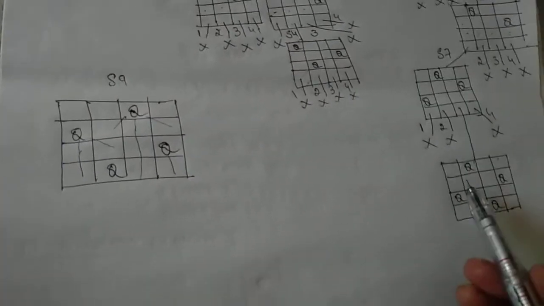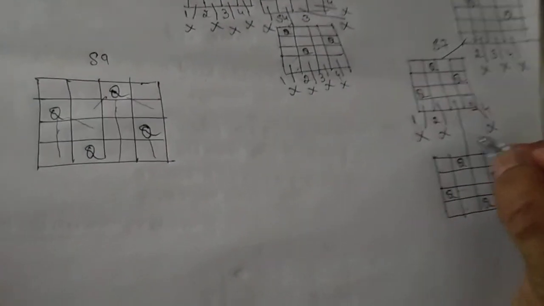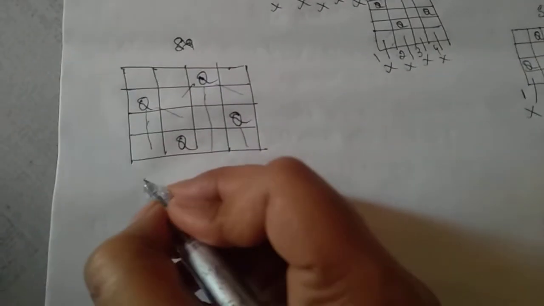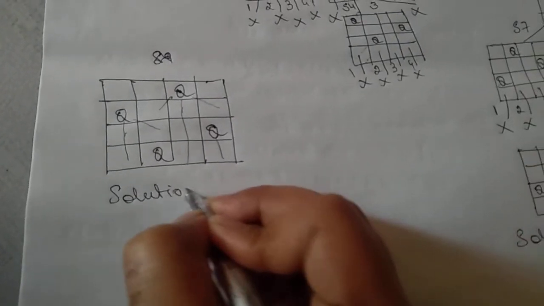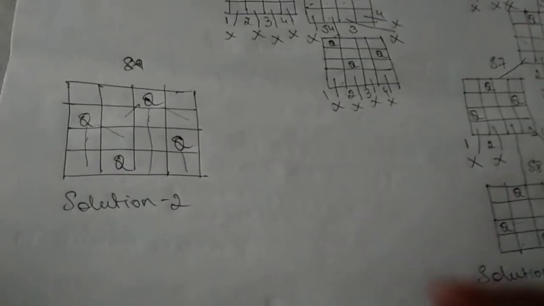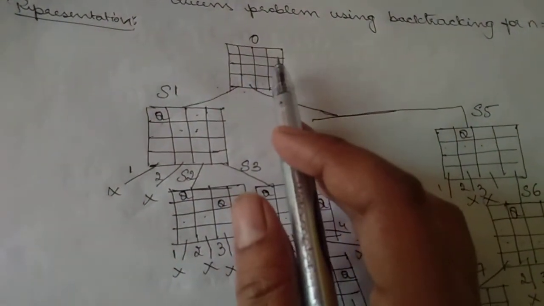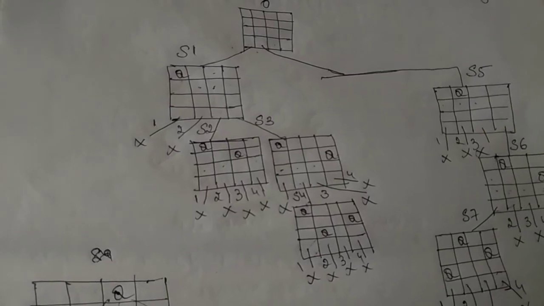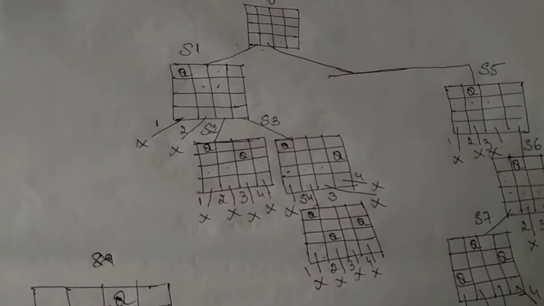Yes, 9. This is yes, this is yes, 8. Is it not? This is one solution. Okay, let me consider this is solution 1. This is solution 2. Next, after getting this solution, again you can backtrack because you can search for one more solution, is it not? In the beginning itself I have just told you, you can have multiple solutions, and if you want all the solutions you can get it by using backtracking technique only.